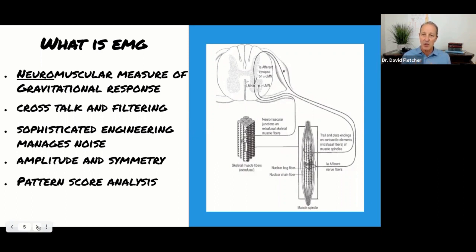Of course, anytime we look at neuromuscular tone, there is what is called crosstalk, and crosstalk has to be filtered out for there to be any level of understanding. So we have a 0 to 500 hertz bandwidth that we measure within EMG. What you need to understand is that we're primarily looking at the surface. We're not looking at the deepest musculature like the multifidi or otherwise. We're primarily trying to see where the contractility is of our gravitational modeling.